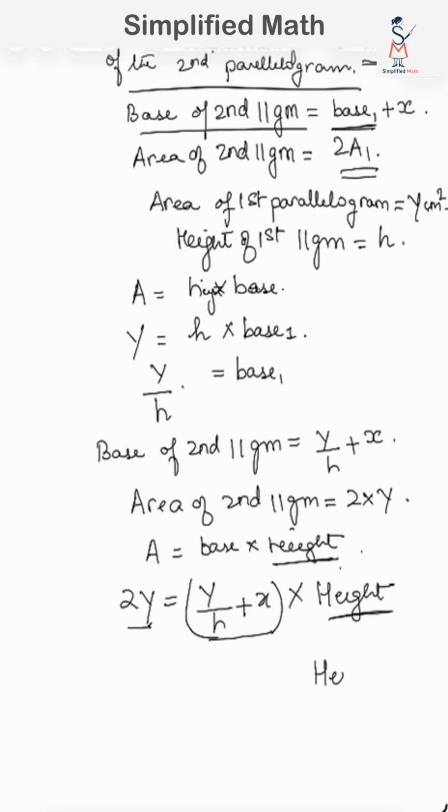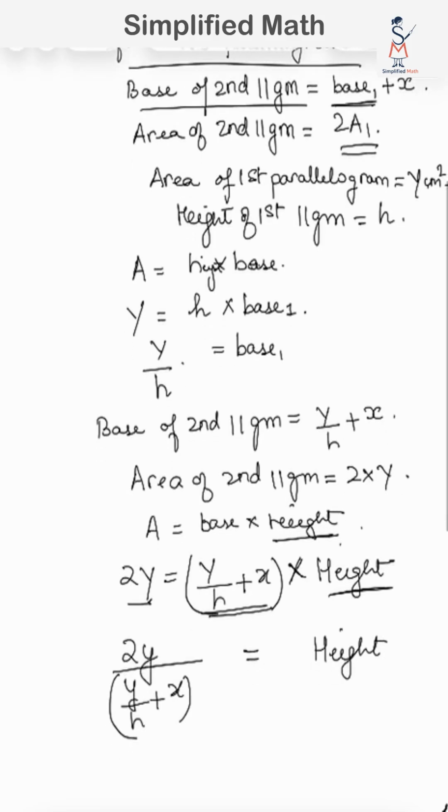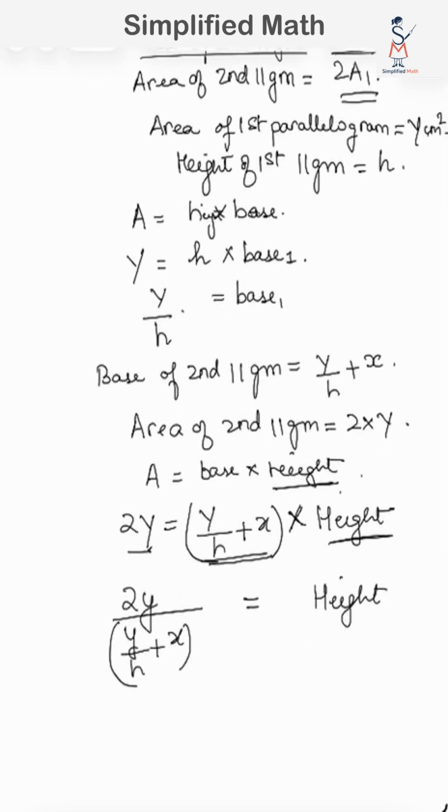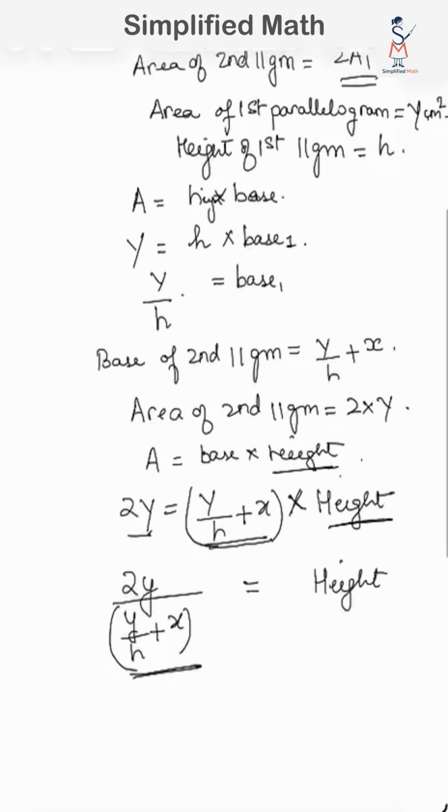So we will leave height on this side and get this on the other side. Now this is multiplied with height, so here it will go in the division form, it will go in the denominator. We know this thing. Fine. Now what we will do? We will solve this expression, this side expression. So 2y will be 2y. We will solve the denominator.